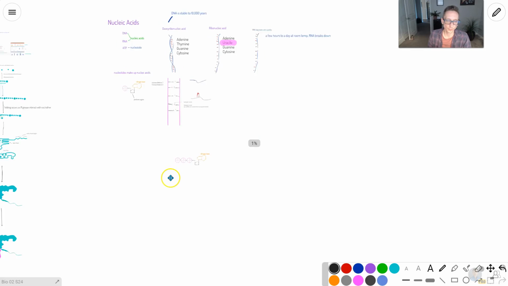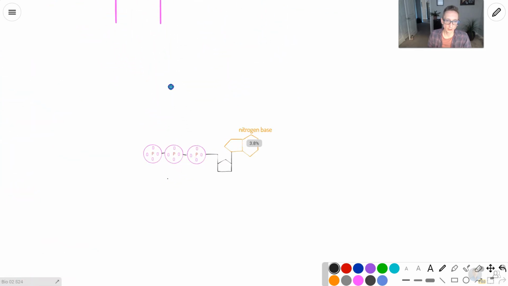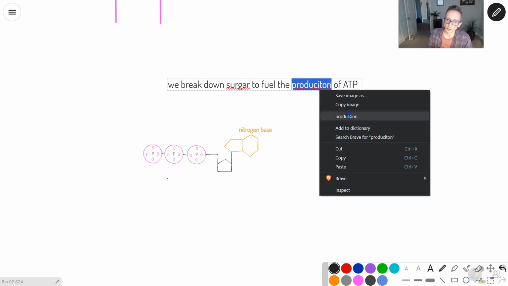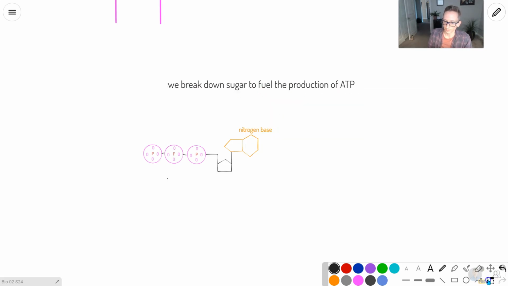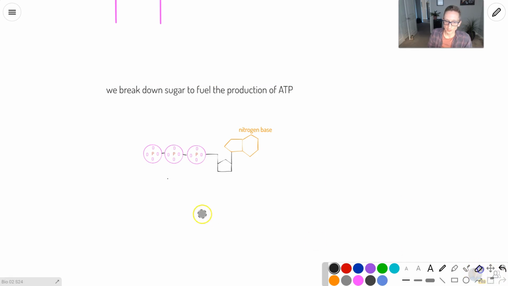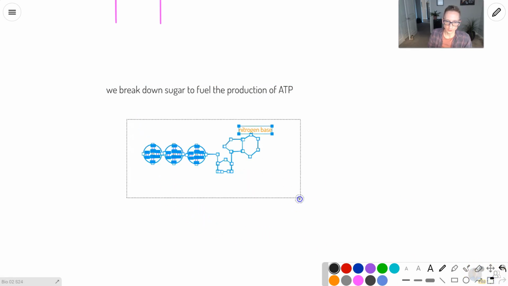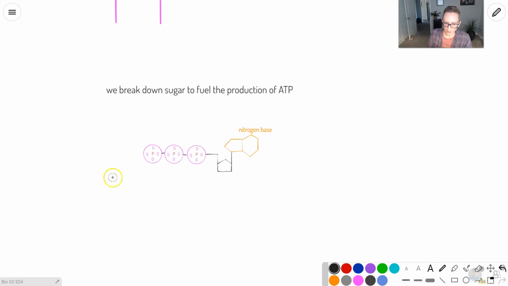That's ATP. So we break down sugar to fuel the production of ATP. And ATP is very good because it's a very nice little energy source. So this bond here, chemically, this bond has a lot of energy in it. Very energetic. So when we break this bond,